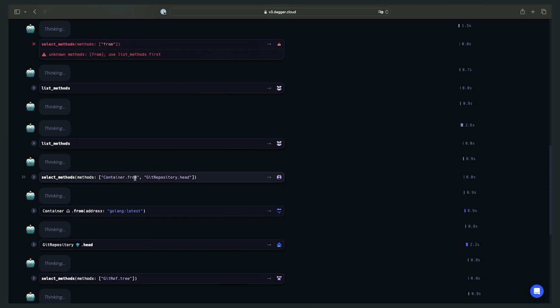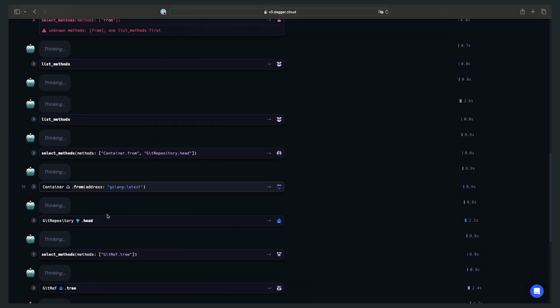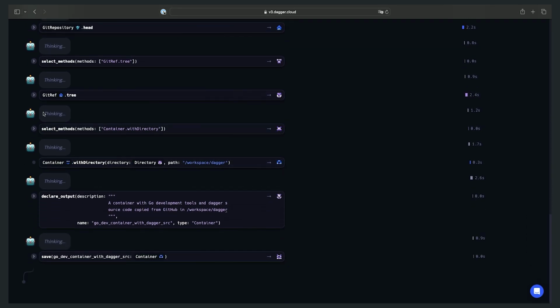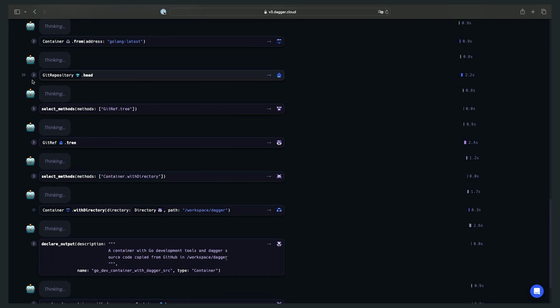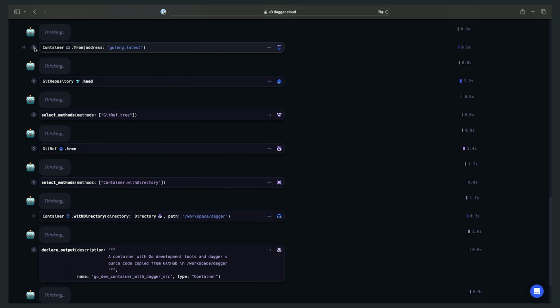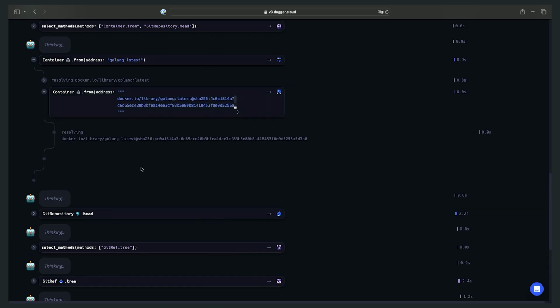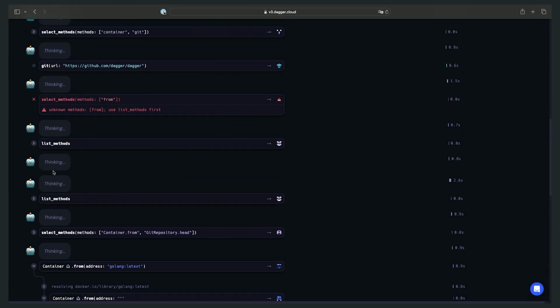Okay, let me use these calls. Container from, that's the same stuff I typed before. Now the LLM is doing it. So you can see it actually do stuff. And these are all pretty simple calls, but here you can see, for example, it's pulling, and you can see exactly the trace. Okay, what exactly did it pull? This is the exact image it pulled. This is how long it took. This is whether it was cached, et cetera.